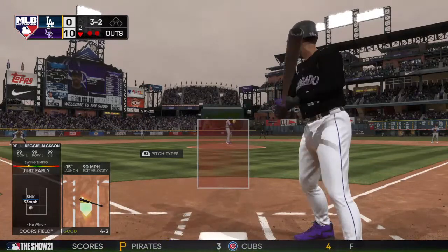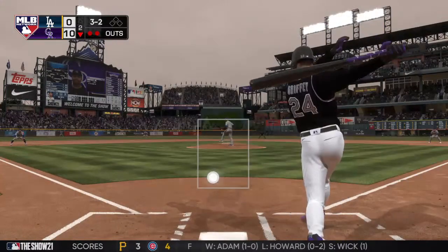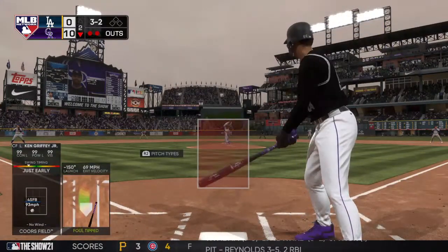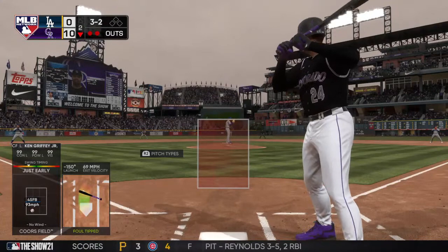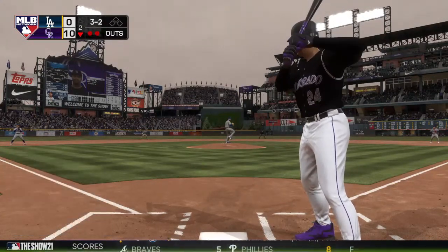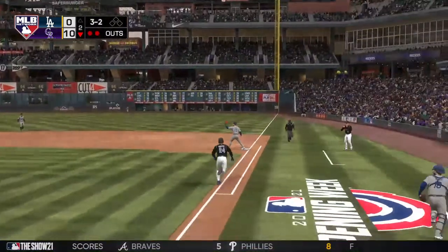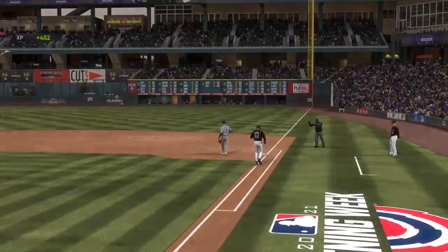In the last at-bat, that breaking ball he hit for the home run, that was one of those meatball ones. A cement mixer just kind of floated up there. I'm not so sure that they're going to go back to the breaking ball here. And if they do, better location is definitely needed. Hard hit ball to second. Throw on to Muncy, gets him, and with that,